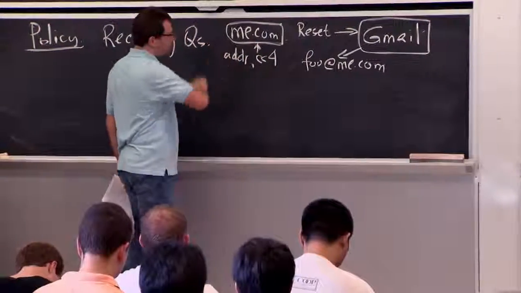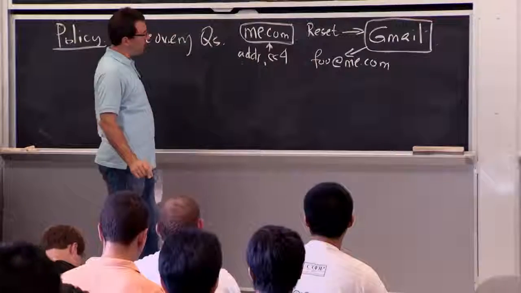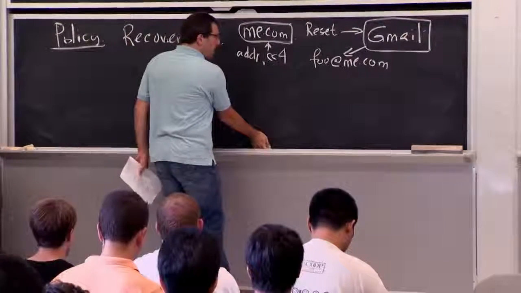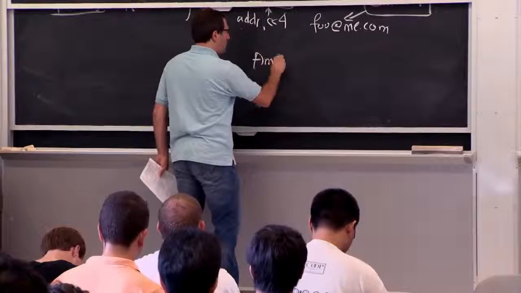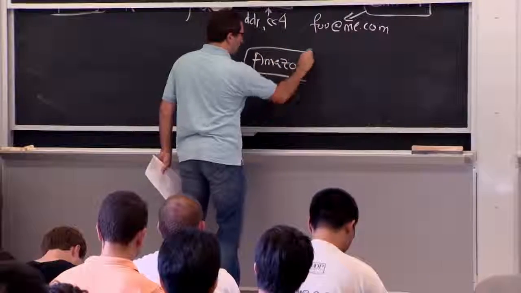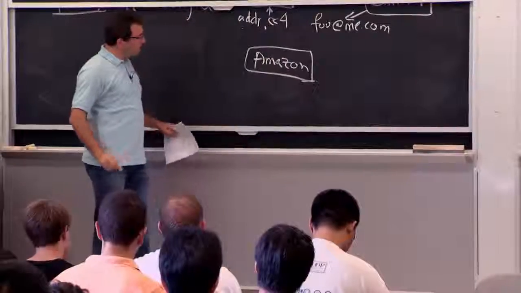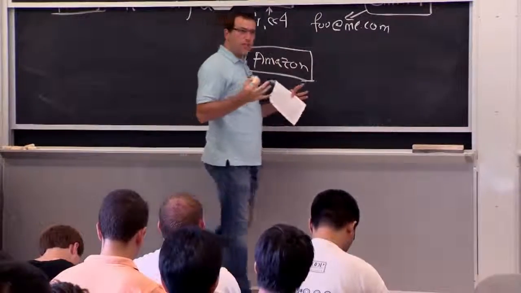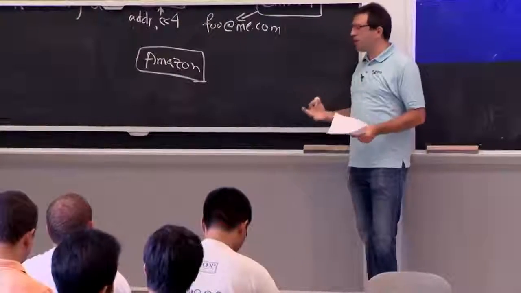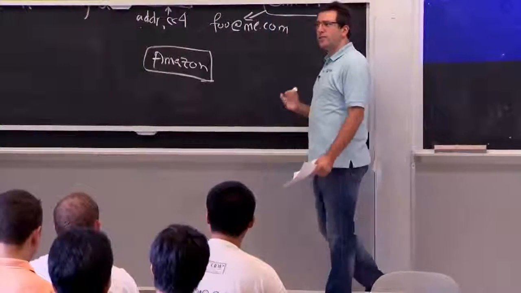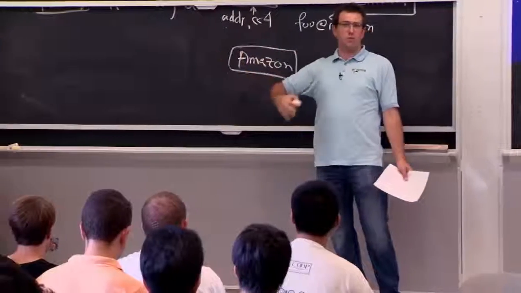So you need to send these things to me.com to get access to his email account there. Well, it turns out this guy had an account at Amazon, which is another party in this story. Amazon really wants you to buy things. And as a result, they actually have a fairly elaborate account management system. And in particular, because they really want you to buy stuff, they don't require you to sign in in order to purchase some item with a credit card.